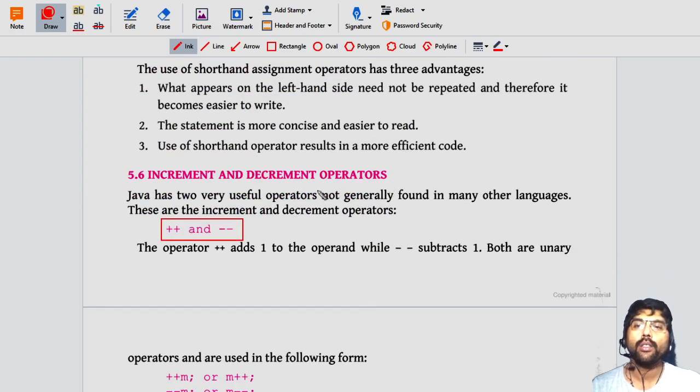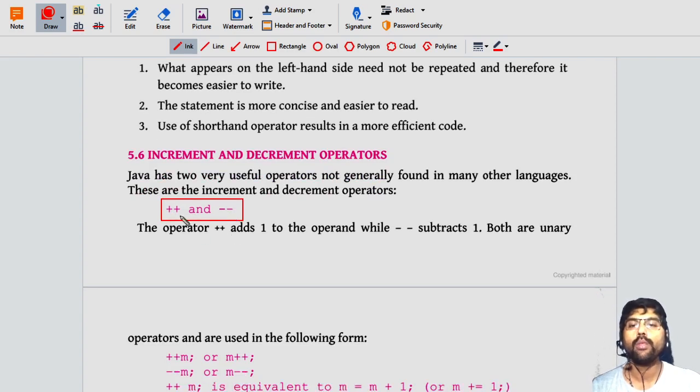Next one is called increment and decrement operators. There are two operators: increment and decrement. Plus plus means increment, minus minus means decrement. The meaning of plus plus is to add 1 to that particular variable. Minus minus means deduct 1 from that variable.